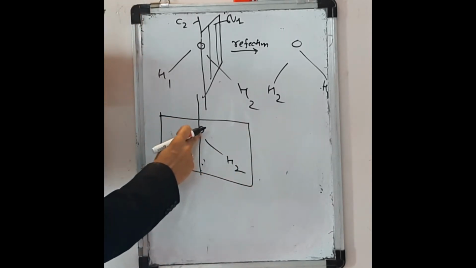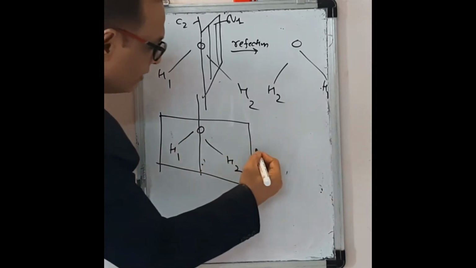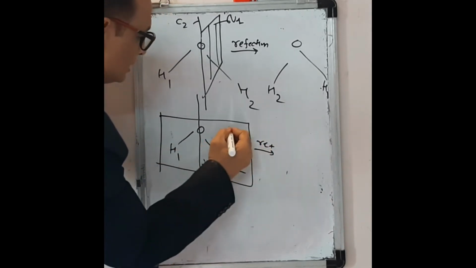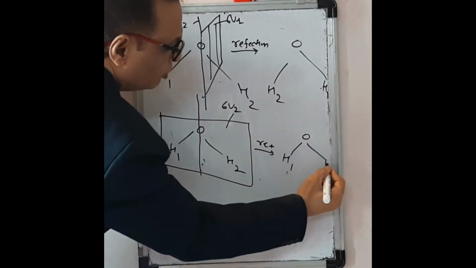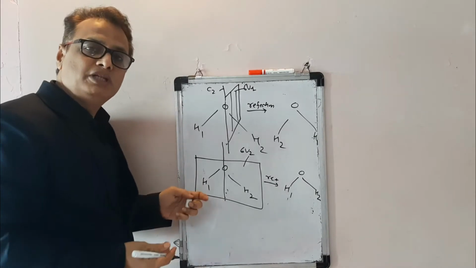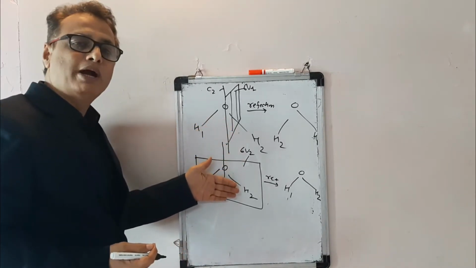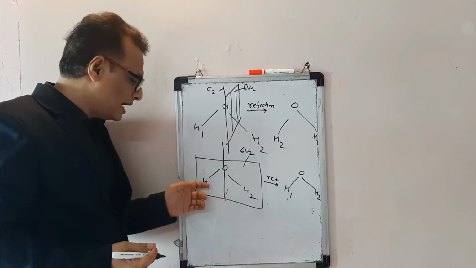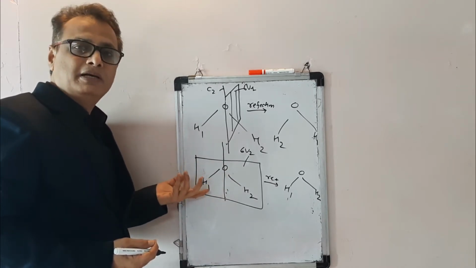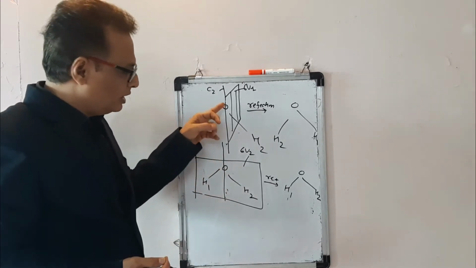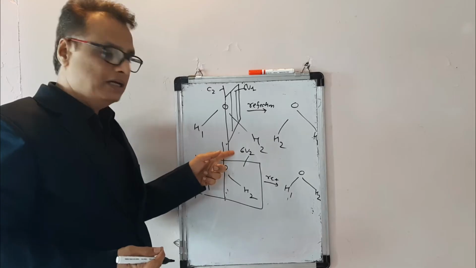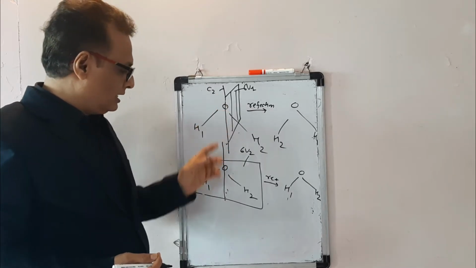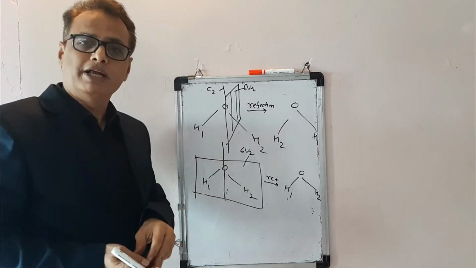So which bisects half of the oxygen and half of the two hydrogen, and which brings the molecule into the same configuration. This is denoted by sigma V2, because this bisects half of the oxygen and half of the two hydrogen, and reflection of half of the hydrogen will be the same. So water contains two vertical planes, which can be denoted by sigma V1 and sigma V2, or sigma VA or sigma VB. This is one vertical plane and this is second vertical plane. So H2O has two vertical planes.